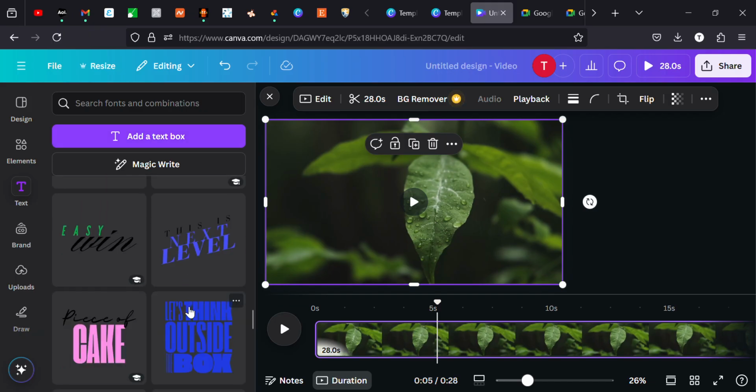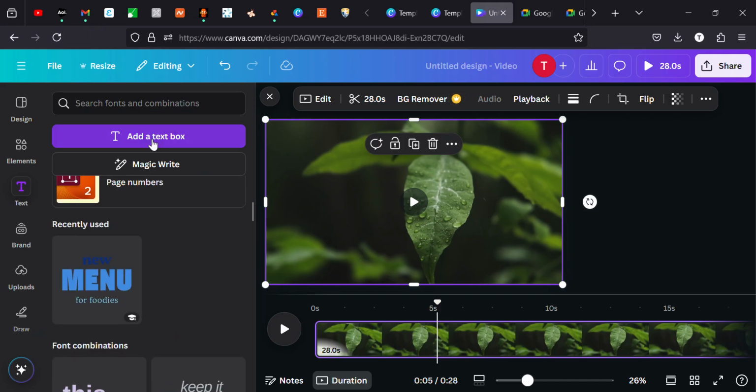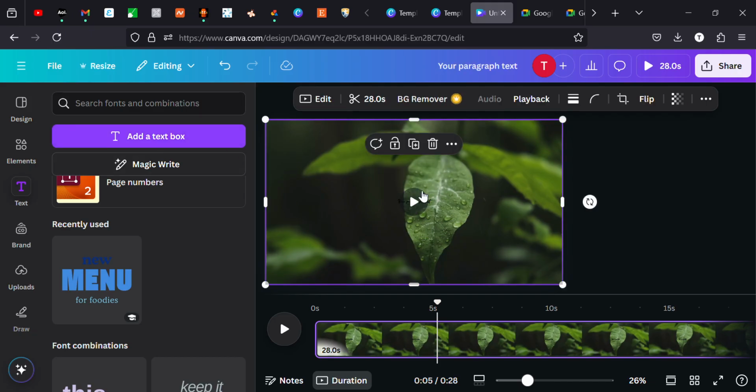You can see it anytime in Canva. So let me teach you how to use it when you want to create a new one. We're going to click on add a text box, and it's really tiny. So the first thing we want to do is click on it